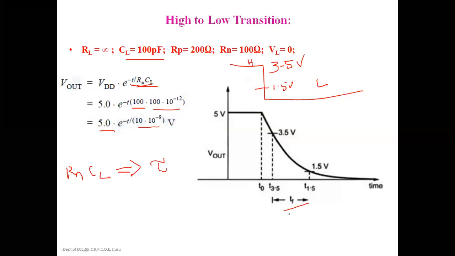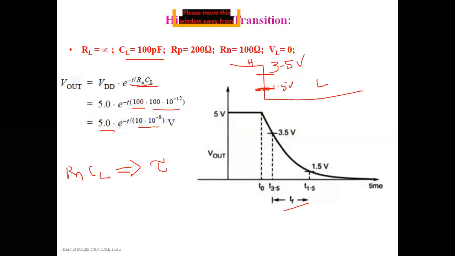Finally the fall time gives us the low state of the output. So we will not take the entire discharging transition. We will take the transition time between 3.5 volts and 1.5 volts. We will calculate the transition time, that is, the fall time. Don't get confused here: the transition time may be the rise time or the fall time, but as far as we are concerned, it is the fall time.